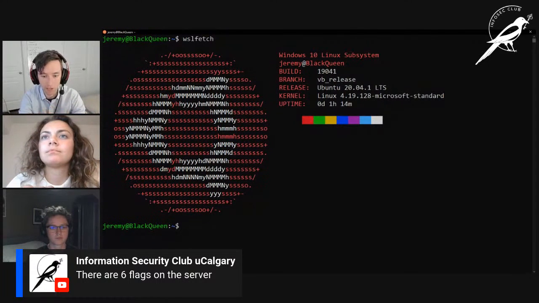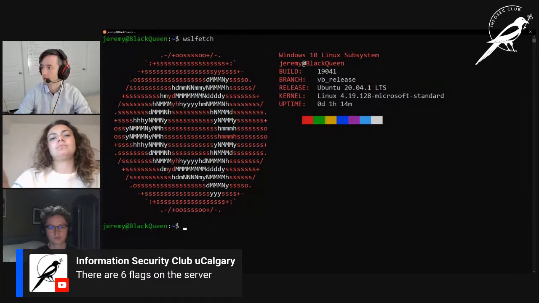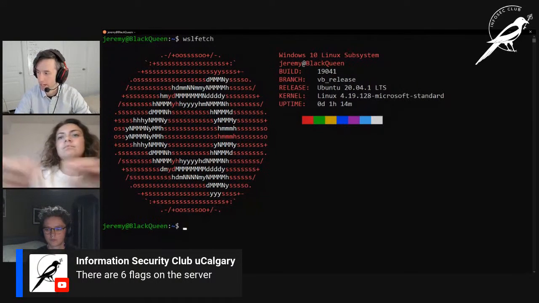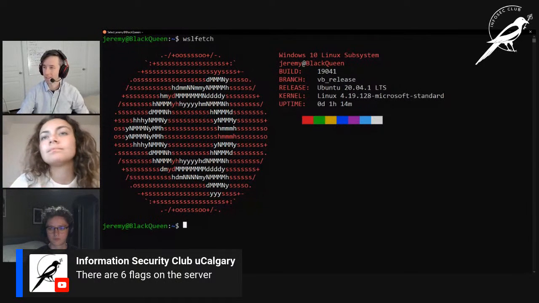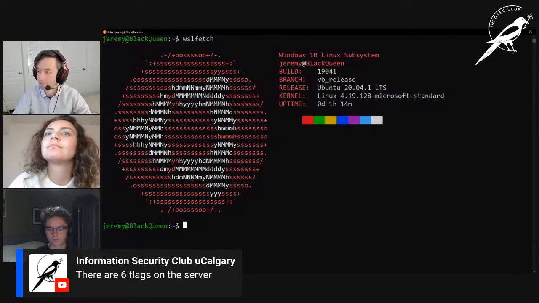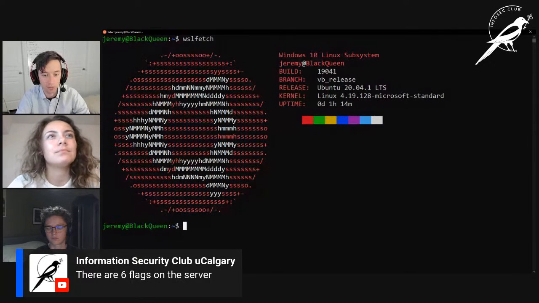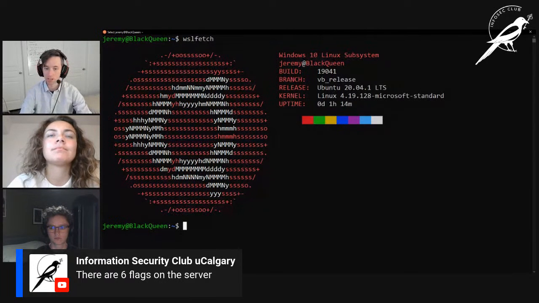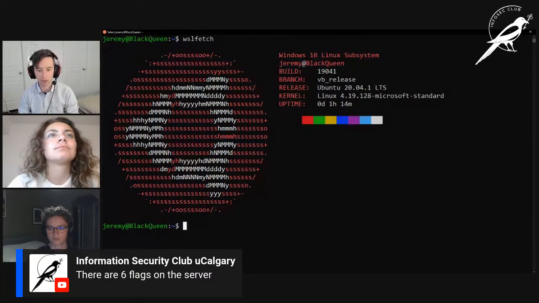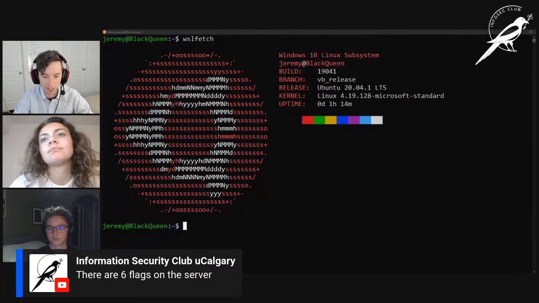It's relatively new. WSL2, the newest release, has been out for a couple of months now, like half a year maybe. I think it came out in 2020. But yeah, this allows you to have a Linux terminal in your Windows system. It's really lightweight and it's easy to use. If you're trying to find something very easy, I'd recommend taking a look at this. We can try posting stuff in the server.